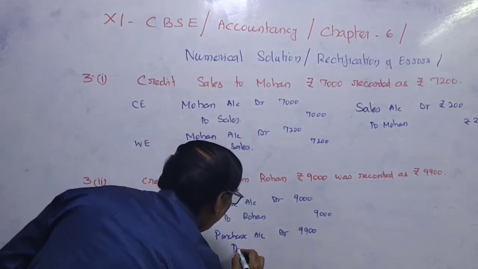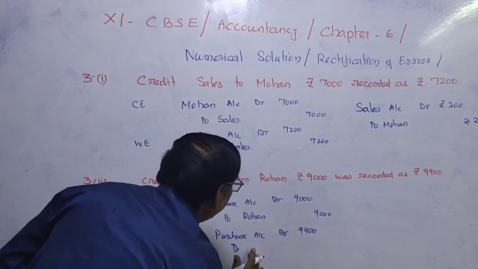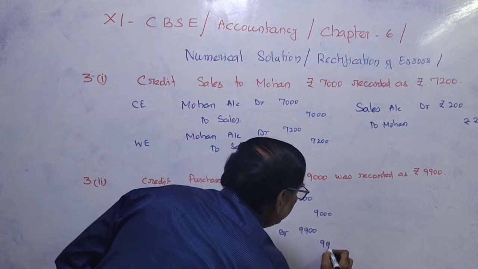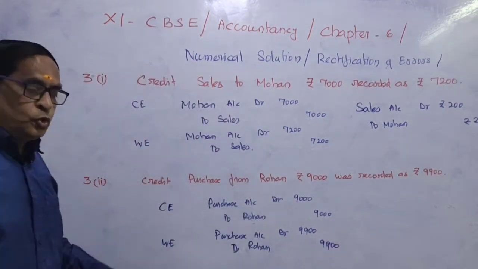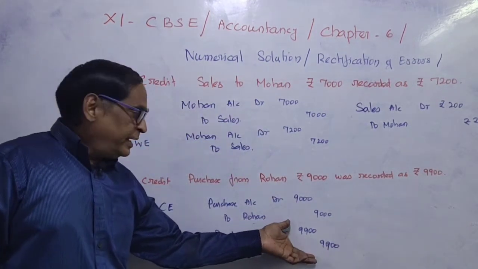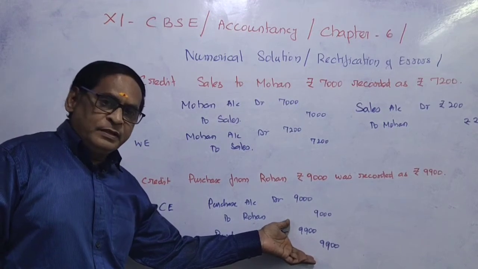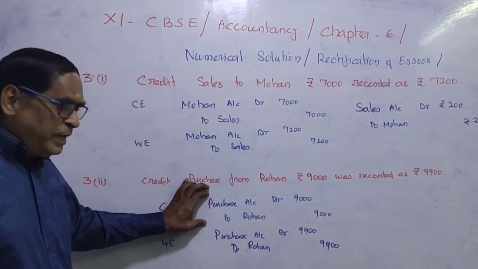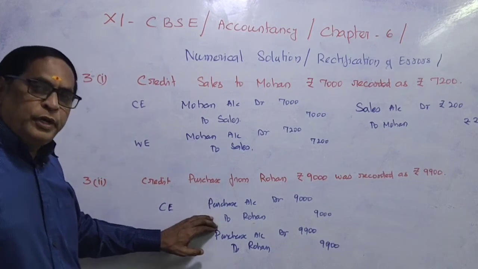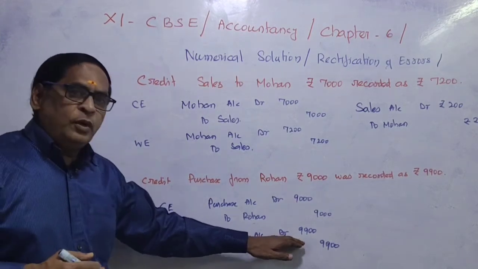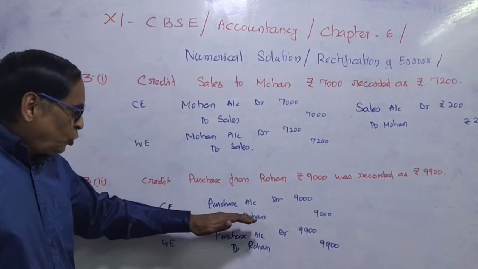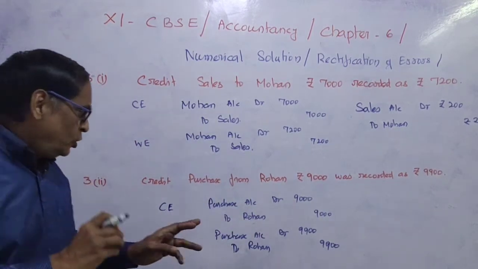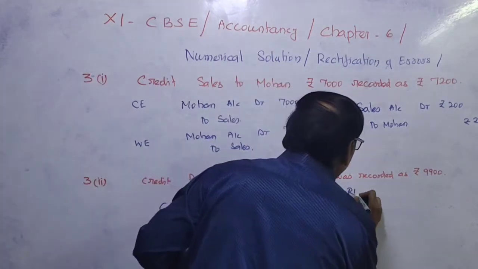And then to Rohan also they have shown 9900 rupees. So the excess amount they have shown is 900 rupees. That must be reversed. That must be cancelled. So the original entry should be purchase account debit to Rohan. So in order to cancel the original amount, we have to make ulta. So Rohan account debit to purchase for the remaining balance, that is 900 rupees. So rectification entry,